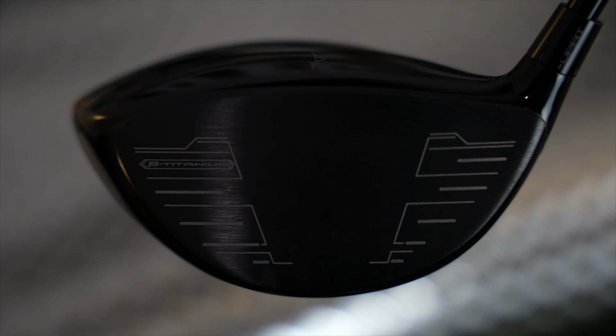So I'm going to test it. I'm going to hit some balls in the studio. I'm going to get some numbers. I'm going to see how it is for accuracy. I'm going to see how it is for ball speed and distance and spin. And I'm also going to head out to Whitsand Bay and put this in play on the golf course, because